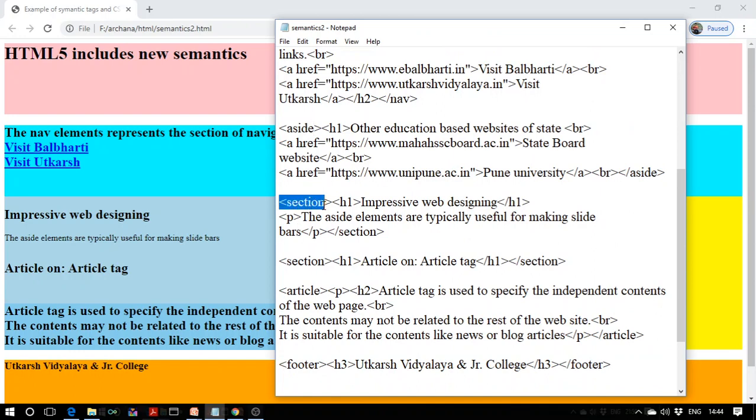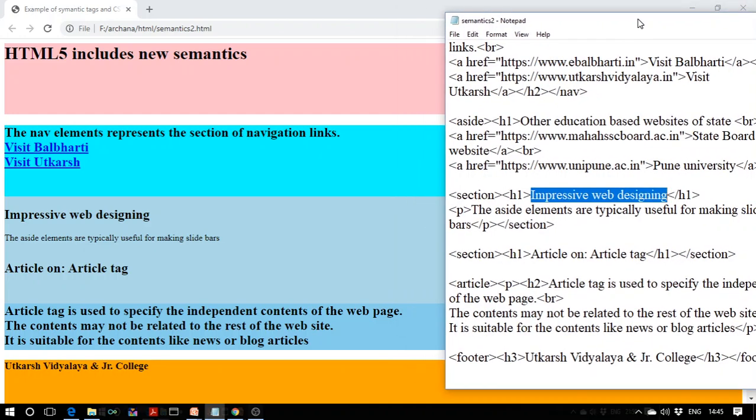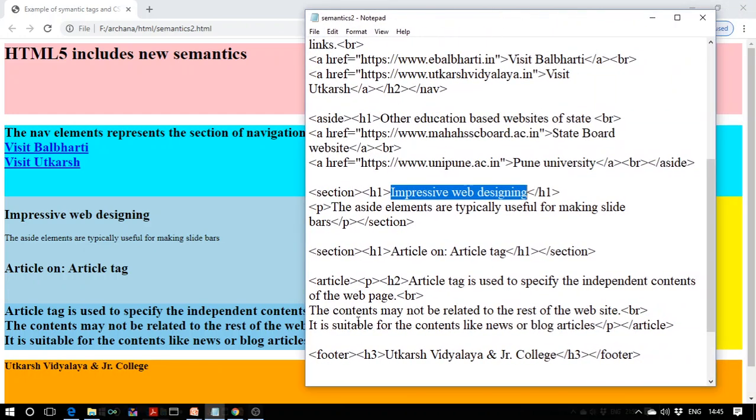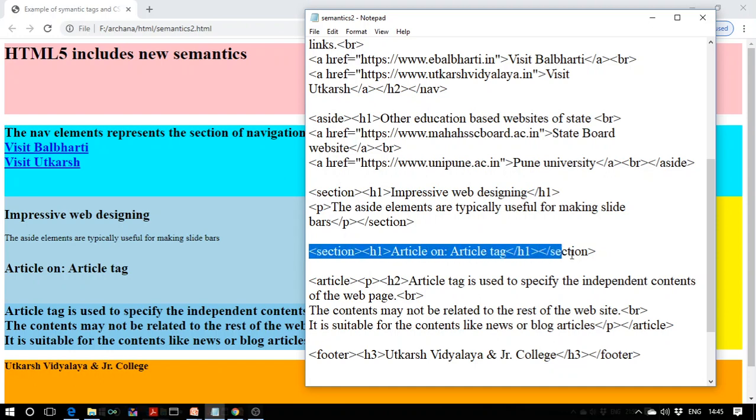It will refer to its properties which are written in the section selector. Impressive web designing, so it will be taking the background color, the proper width and the height. Okay students, in the same way for the next section, we have created two sections here. Second section is article on article tag.